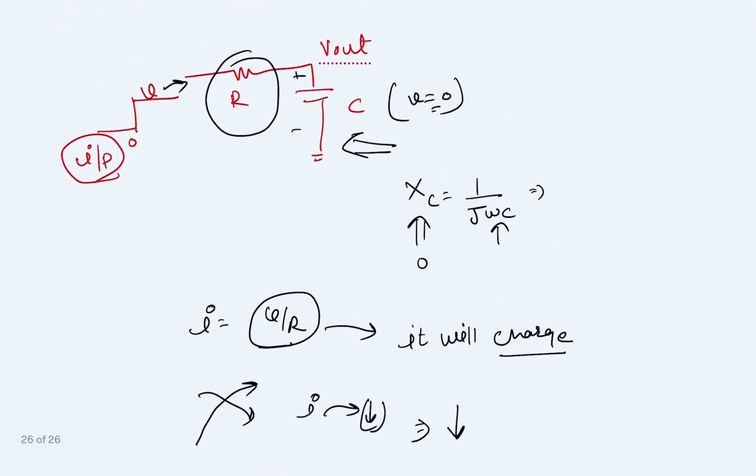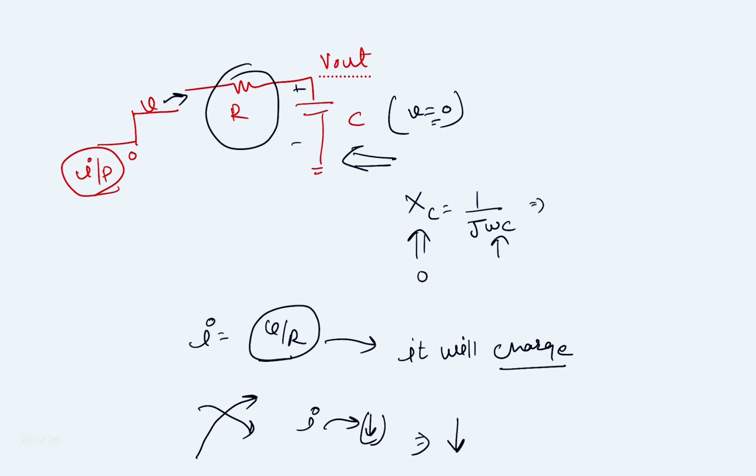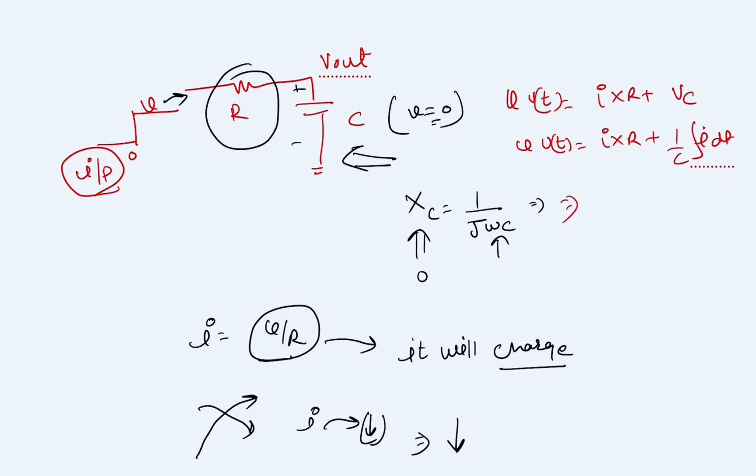When you write the equation of the input, let's say you are giving a voltage step V u(t), that is equal to I times R plus Vc. So V u(t) is equal to I R plus Vc, where Vc is equal to 1 upon C integral of I dt. Now when you differentiate this,